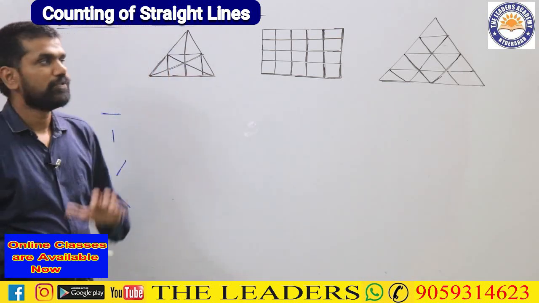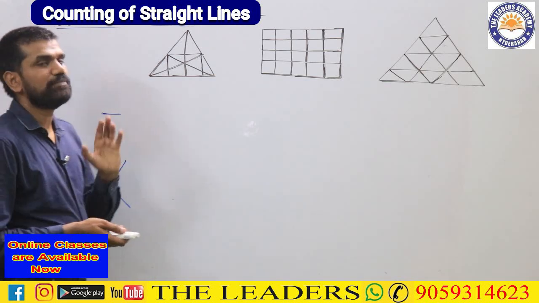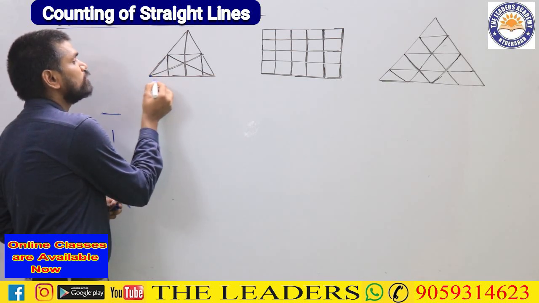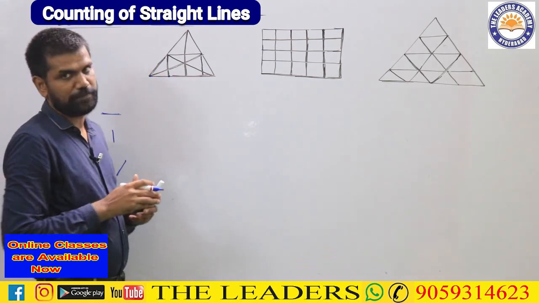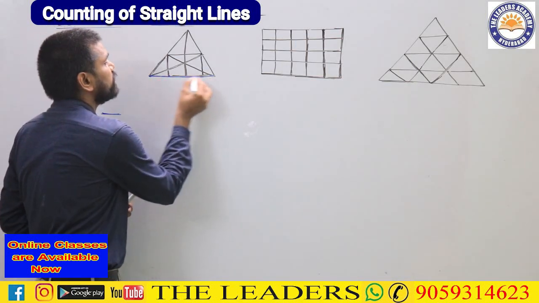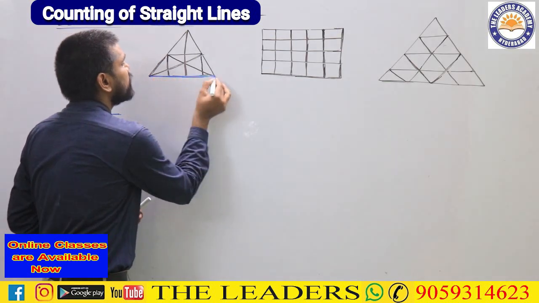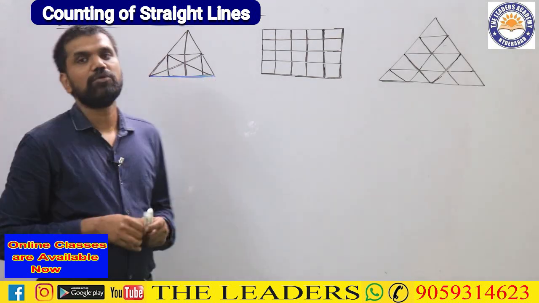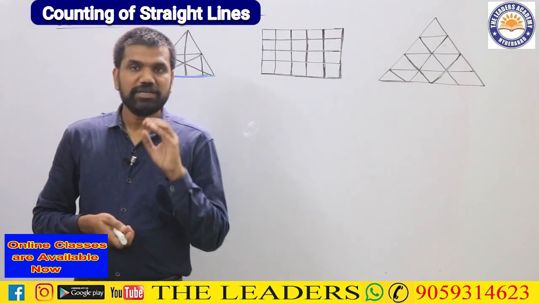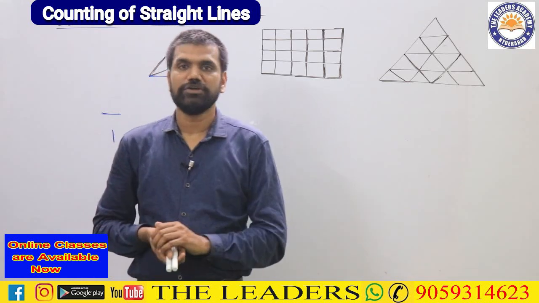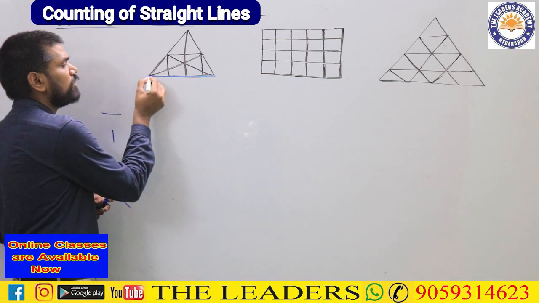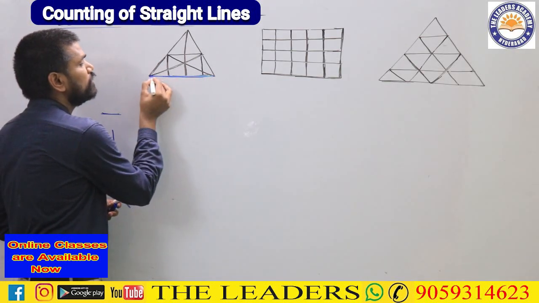What else we have to know, sir? Whenever we are counting the number of straight lines in a particular figure, you are not supposed to take here to here as a straight line. The straight line from starting till ending should be treated as one and only one straight line. When the question is talking about the number of straight lines in any particular figure, by default it means the minimum number of straight lines in that particular figure. So whenever we are counting, ensure that you are counting from starting till ending as one and only one straight line.